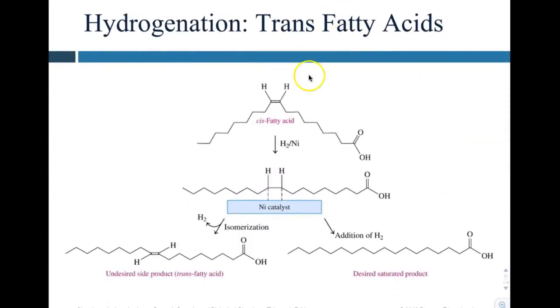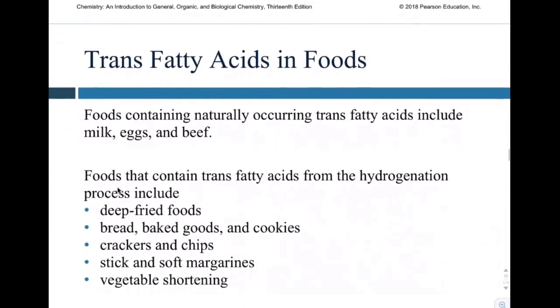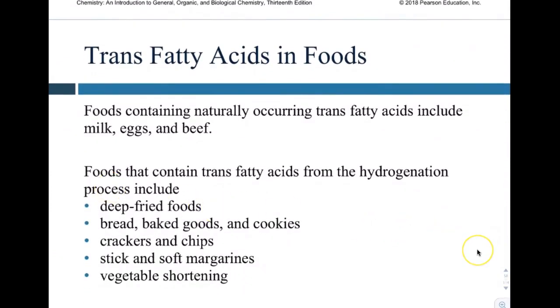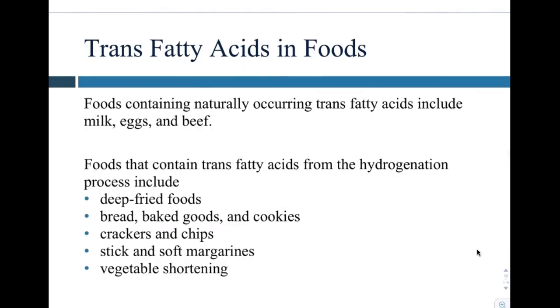And so if you take a cis fatty acid and you break that and you wanted to turn it into a trans fatty acid, you'd have to be very careful and remove that hydrogen in a specific way. But I'm not going to ask you to know that. So trans fatty acids, you can find that in milk, eggs, beef. And then you have trans fats from a process of hydrogenation commercially, and you get all deep fried foods, these kinds of things that are commercially produced. You have natural trans fats. It's the ones that come from these types of foods that